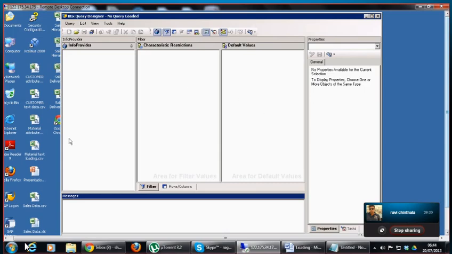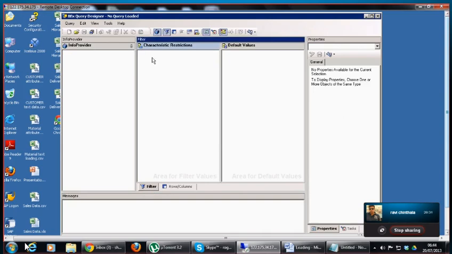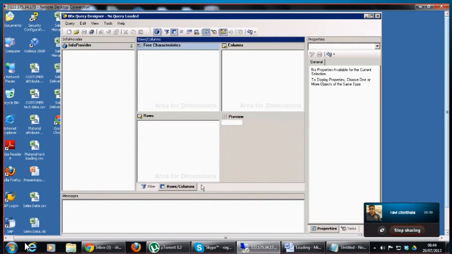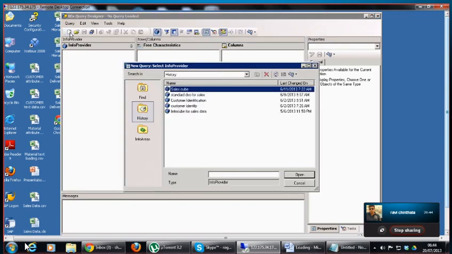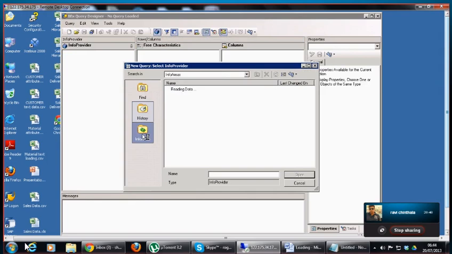One is info providers, where we will see the info provider navigation, and then we have the query filter, which has characteristic restriction, default values, and rows and columns, and then we have properties. So we will see what they are now. Click the create new query,